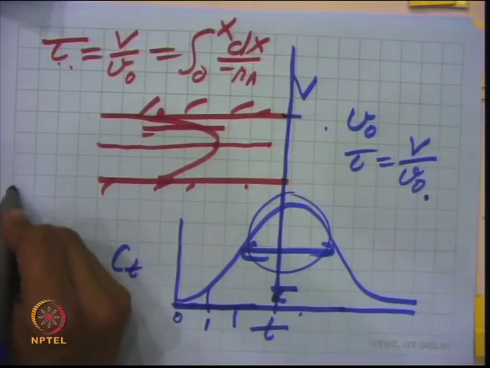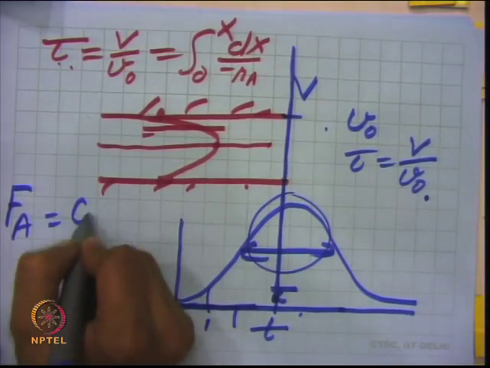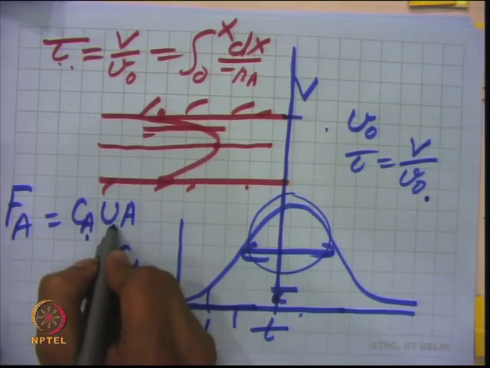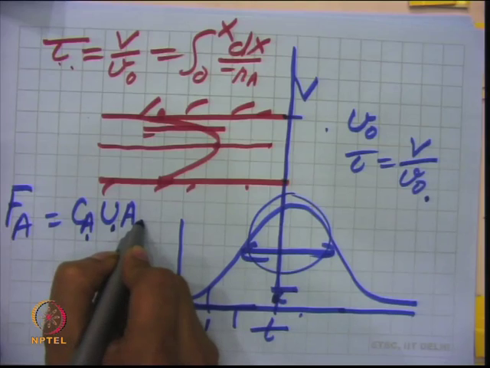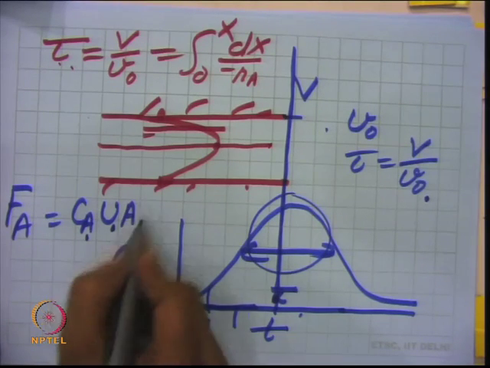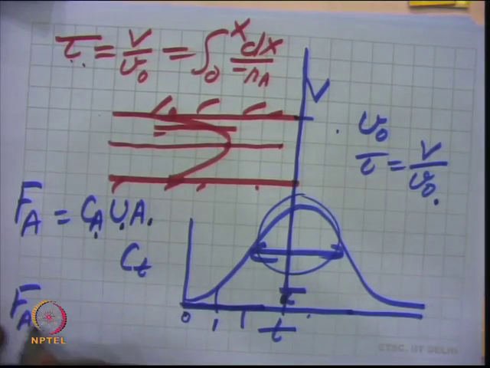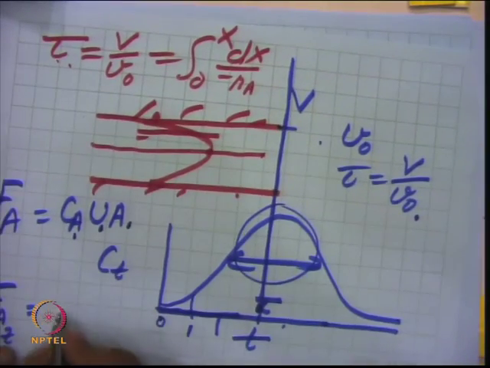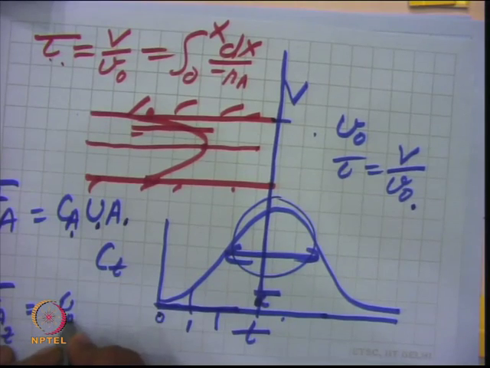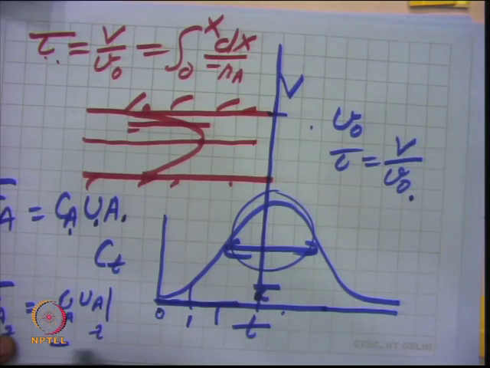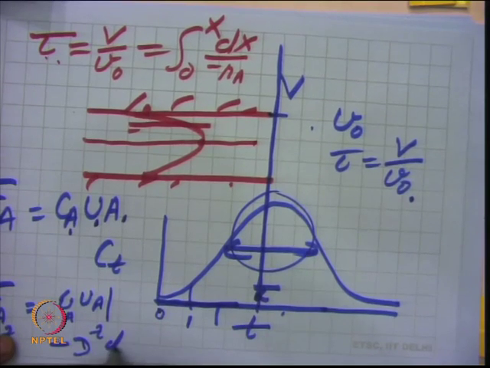So, radial and axial gradients exist, and because of that your total flow, which you write as F A in plug flow, is something like C A into U times A, that is, concentration times superficial velocity times area of cross section of the tube, and this is your volumetric flow rate. But now, this F A at any point Z, if I write, is this term C A times U times A evaluated at Z, plus another term which is your dispersion, or minus D d C A by d Z,